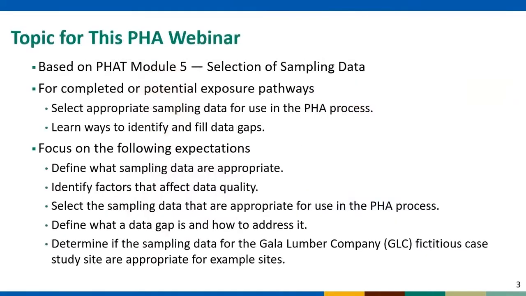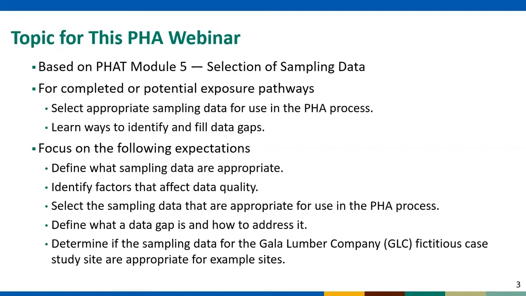This webinar is based on the content included in online PHA Training Module 5, where you learned how to select appropriate sampling data and ways to identify and fill data gaps. Module 5 focuses on several expectations, including how to define what sampling data are appropriate, identify factors that affect data quality, select the sampling data that are appropriate for use in the PHA process,